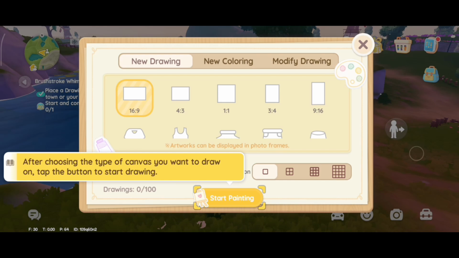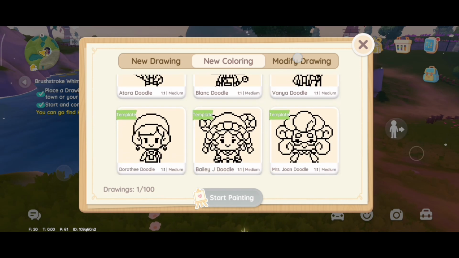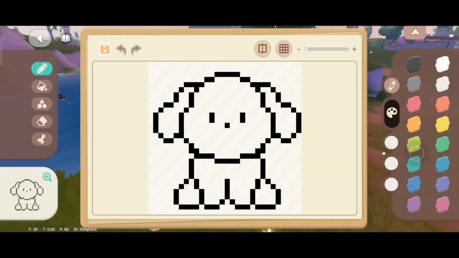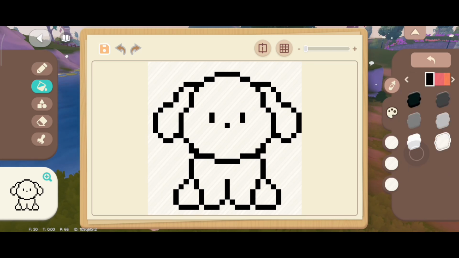In this video, I will choose coloring mode like this, and then just choose the picture that you want to color, and then just tap on start painting. In here I will select the bucket tool and pick the color. Just pick the color that you like, and then just start coloring